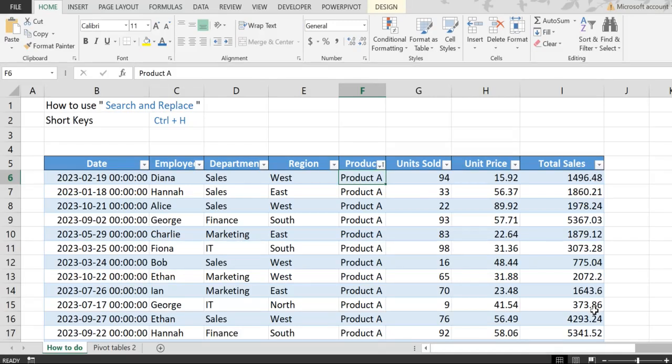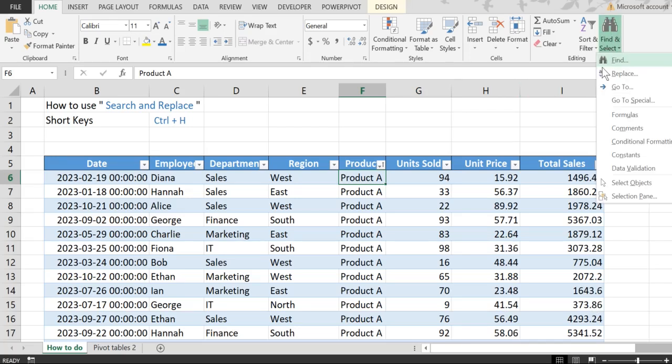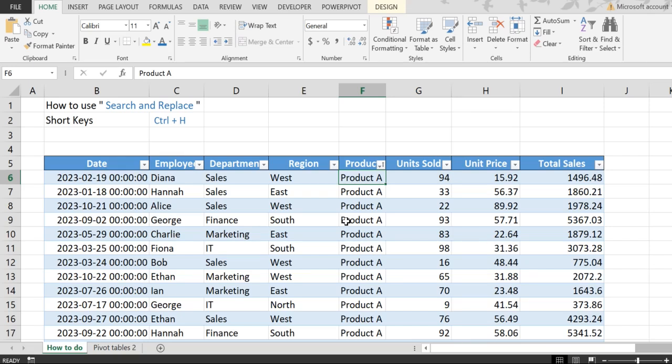Today, we'll learn how to replace data in Excel using the Search and Replace tool, one of the fastest ways to clean or update your spreadsheet. Let's get started. In my example, I have 1000 rows of data, where under product there are 4 product types: